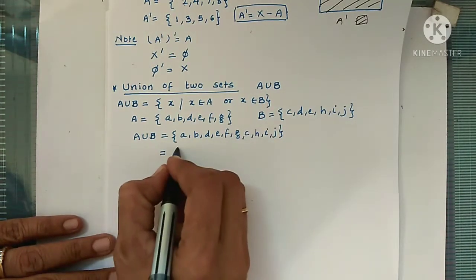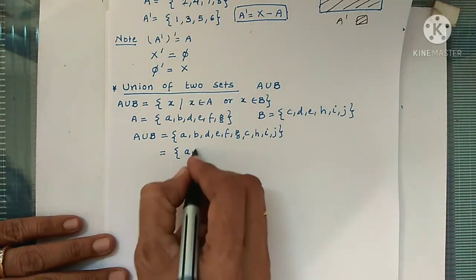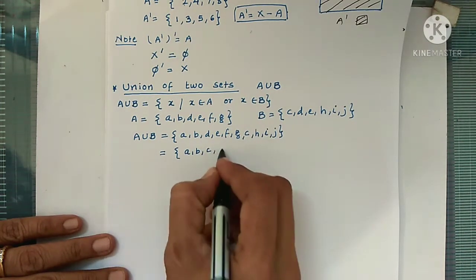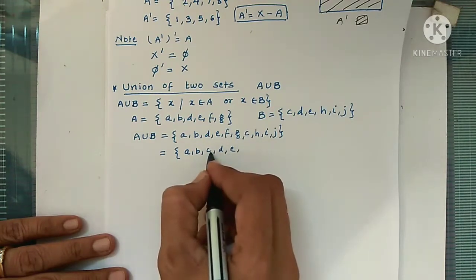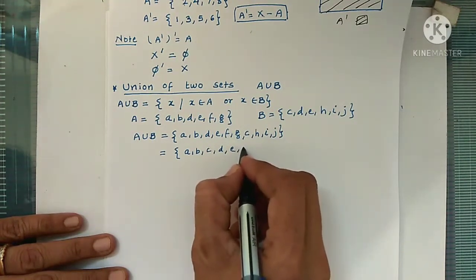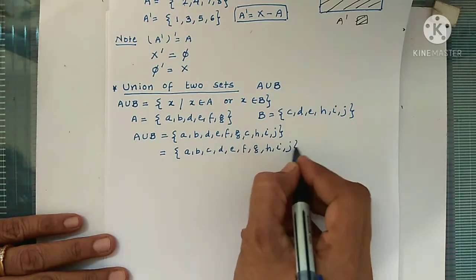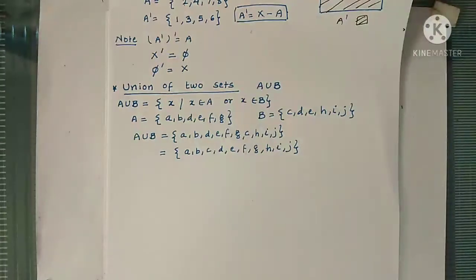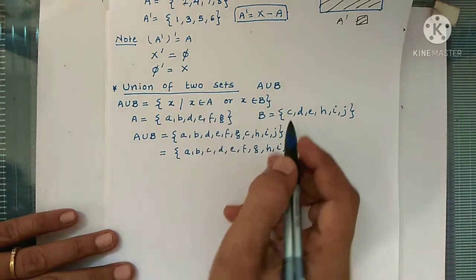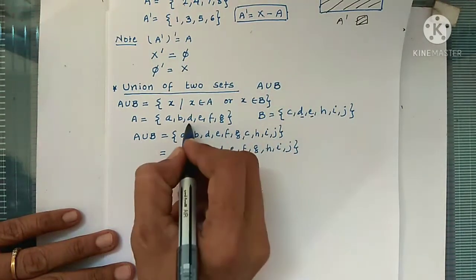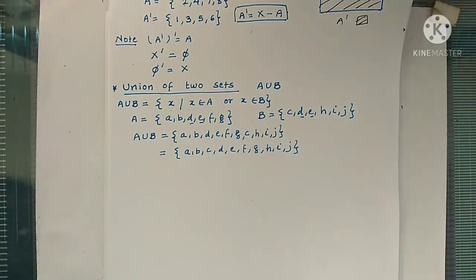So you can write elements of a set in any order. So if we want, like this: A, B, C, D, E. I have written C first now, E, F, G, H, I, Z. So this is A union B. A union B is a big set which contains elements of A as well as elements of B and elements of both the sets. Here D and E are elements of both the sets, so they are also members of A union B.